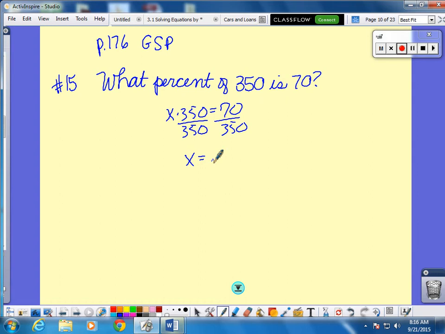A lot of times by now someone has asked, well, my calculator keeps giving me a fraction. How do you make it into a decimal? Everybody's good with that. We know about that button by now. Okay, so that would be 0.2. And then the question says what percent. So make that into a percent. So that would equal,